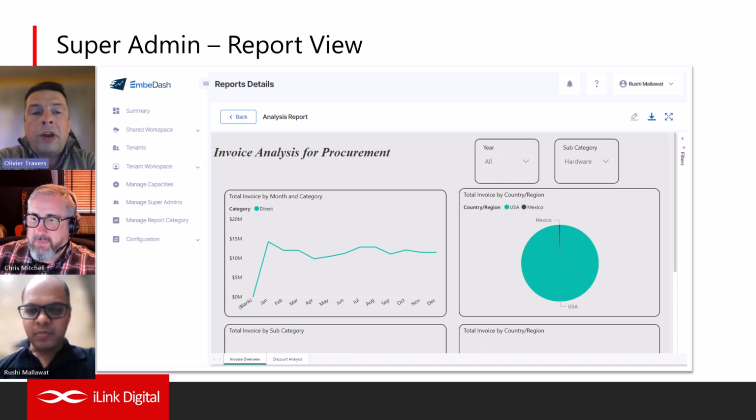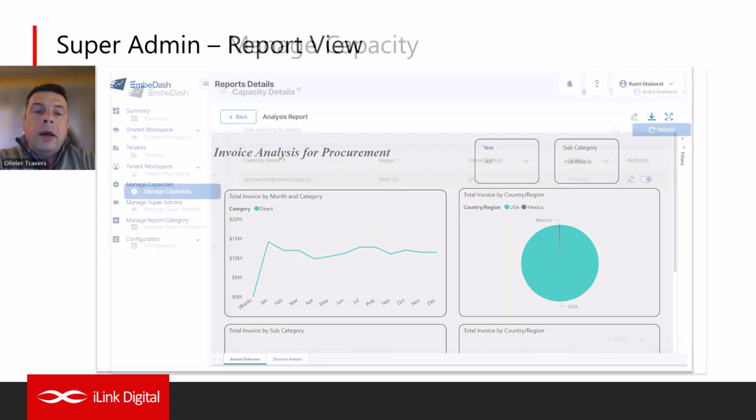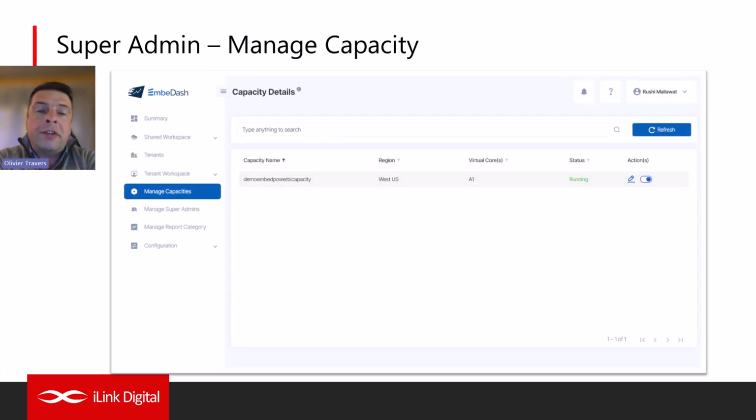So we can always, even as a super admin, view the reports themselves directly from the interface. Quick check to see that's the right report in the right place. Now, the other key concept aside from tenant management is capacity management. So you can turn on and off, rename, and just check which capacities you have. We don't have yet the capability to create capacities here. That's done on the Azure side, but you can definitely manage them once they're created from the screen that we're